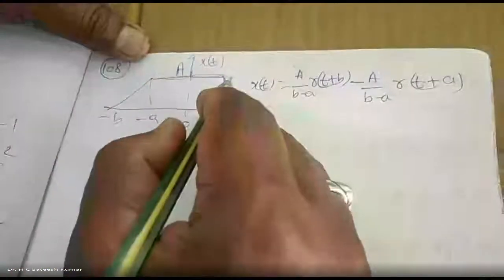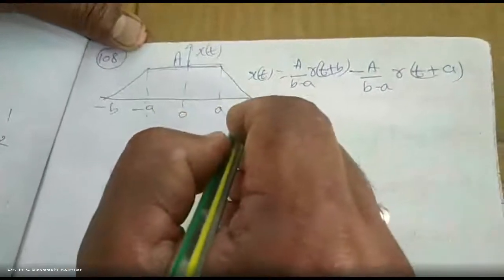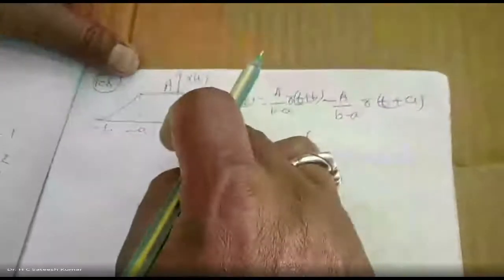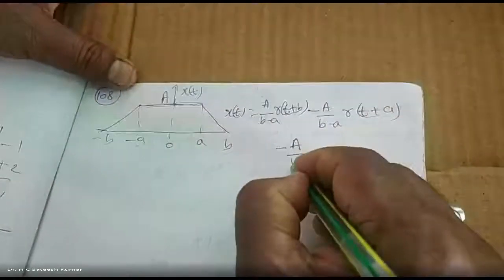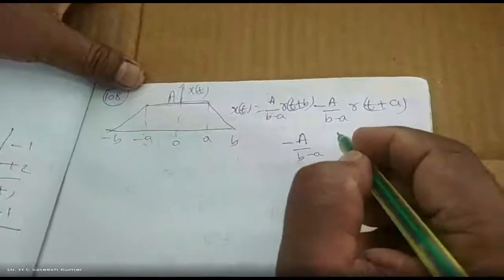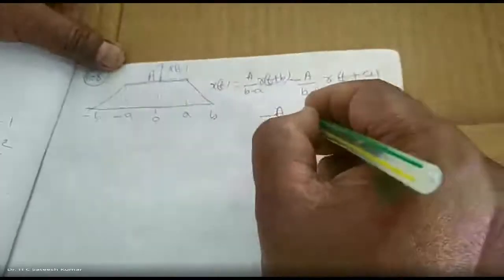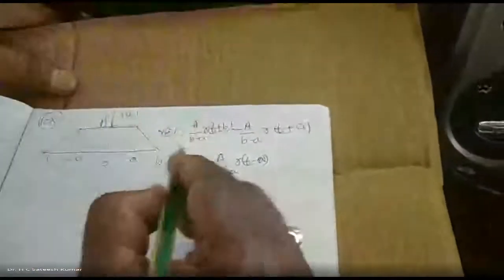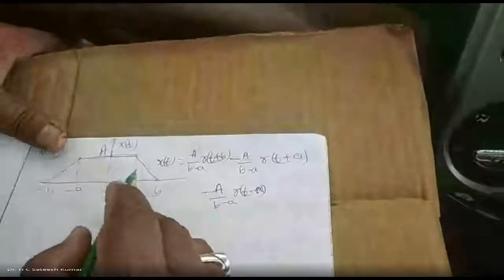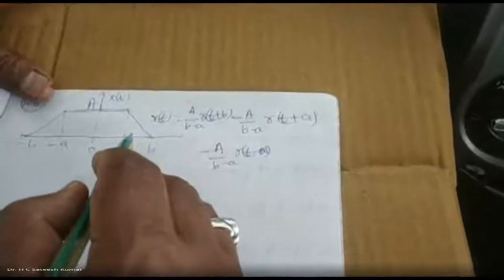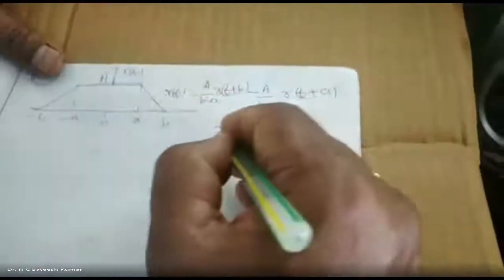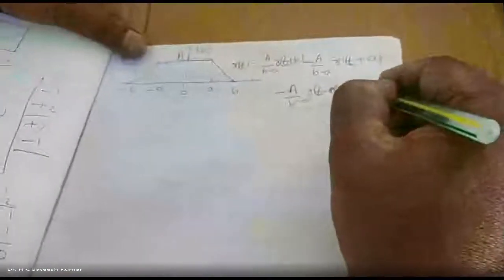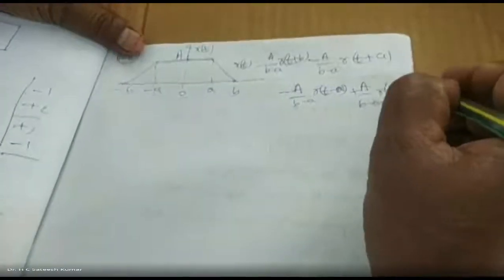Now it is going with a slope of 0. From A, I should have a decrease, minus. The slope is what? A divided by B minus A, highest minus lowest. Starting from A, r of t minus A. Now, I want to make the slope 0. If you want to make the slope 0, whatever the slope by which it increased, the same slope you should cut. So if you want to cut minus A divided by B minus A, I should have plus A divided by B minus A, starting from where? B. So the slope becomes equal to 0, r of t minus B.